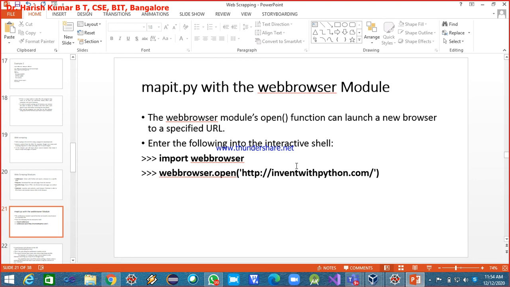Say for example, I just want to open this URL. You can easily do it. Import webbrowser, webbrowser.open this. So let me execute and show you this.